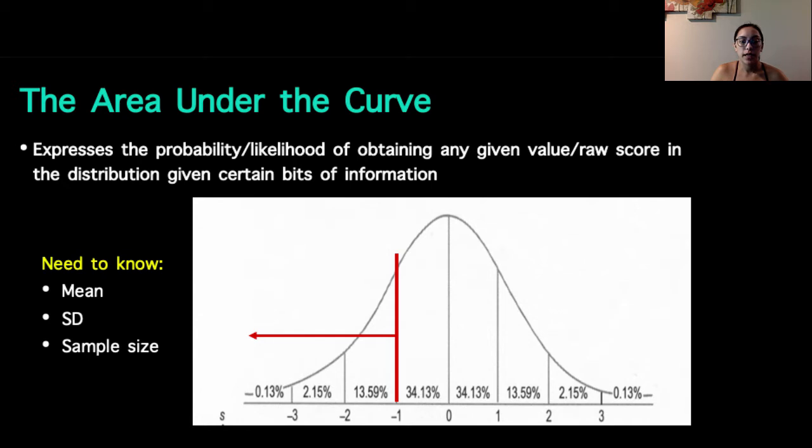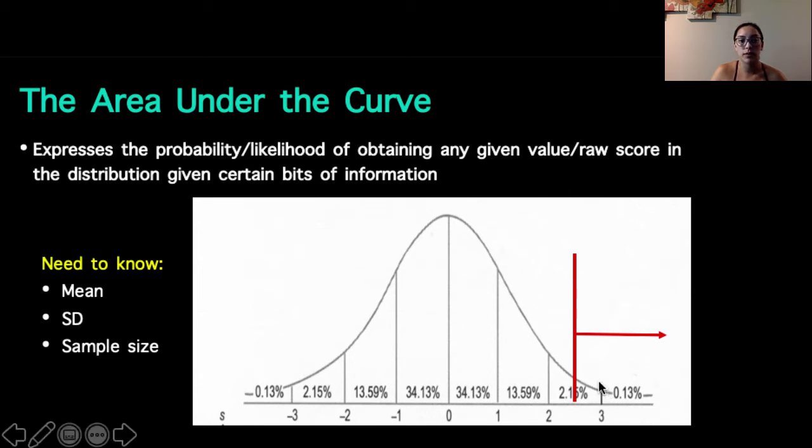Similarly, we could find how many people exist above a certain value. Okay, so the probability that we are at or above whatever raw score exists at this red line. We can also look at values that exist between. Okay, so I gave you guys examples in the previous slide. Again, the method is basically if you have a normal distribution, you can add up these existing percentages that you know of. But if we've got like this 2.5 situation going on here,